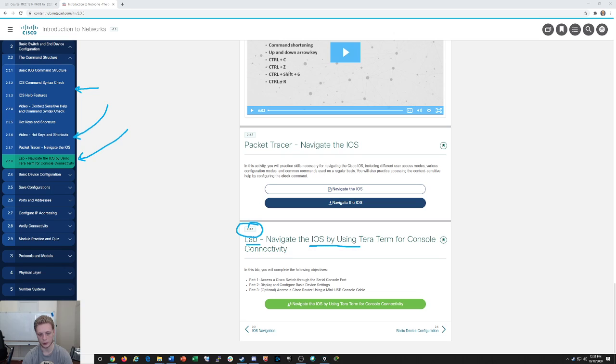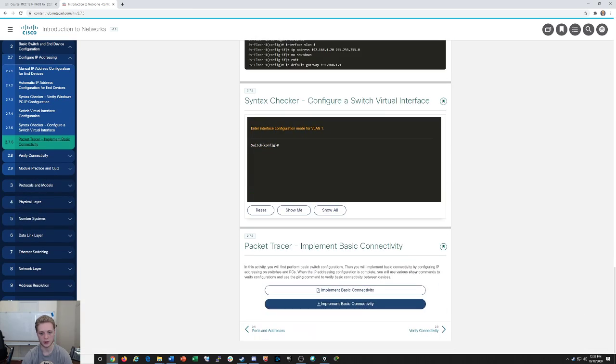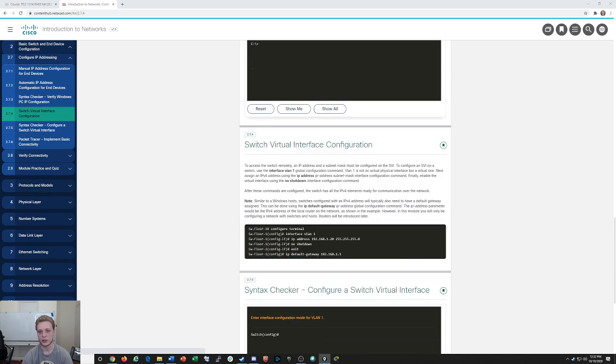We're going to navigate IOS by using Tera Term for console connectivity. This one will need to be done in class, unless you have equipment at home. But a lot of these are going to be Packet Tracers, such as 2.7.6, which you'll be able to do from the lab, from home, wherever you're comfortable running Packet Tracer. So with that,